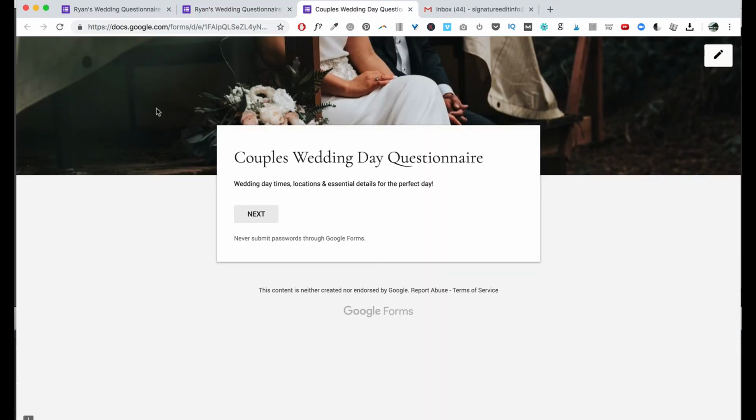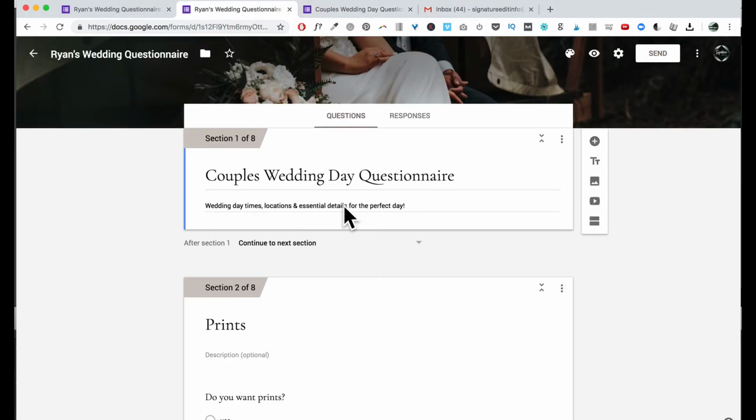They open it up. It fills the form beautifully. People know and trust Google, so it's all good, and I can insert my own image or my own banner to make sure that it is branded the way that I like. So now that you've had the questionnaire edited and you have it ready to submit, how do you get the